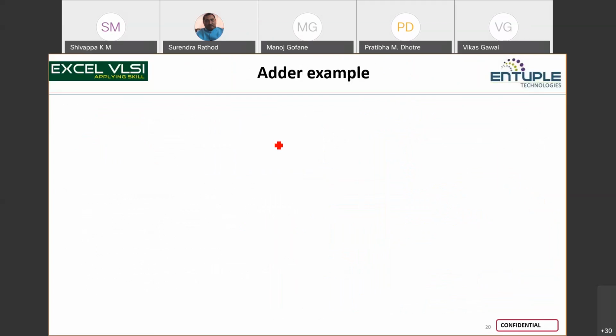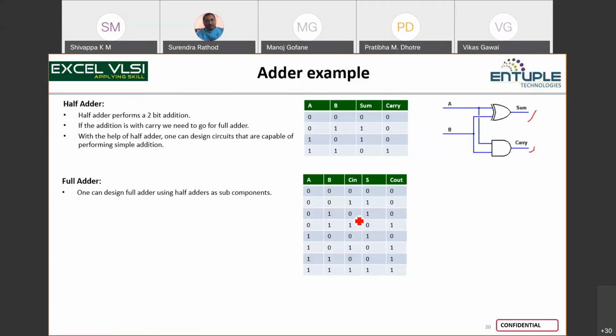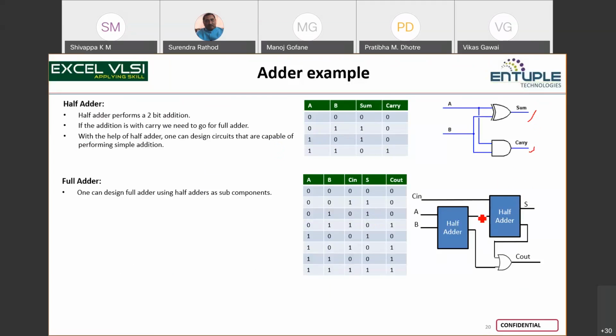combinatorial circuit we study is the adder, right? A simple adder to represent the sum and the carry and the truth table, and this is the full adder, right? You can use 2 half adders and then construct the full adder, right? So in all the philosophy, the principle, the approach I am taking is first this, and then after you get into the